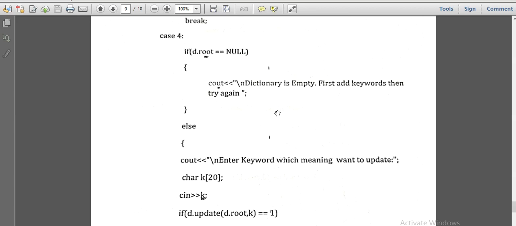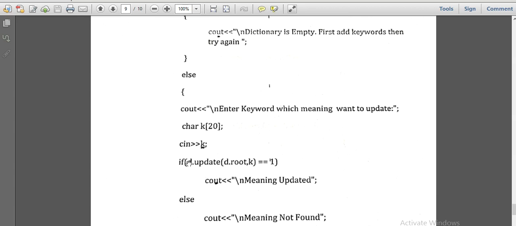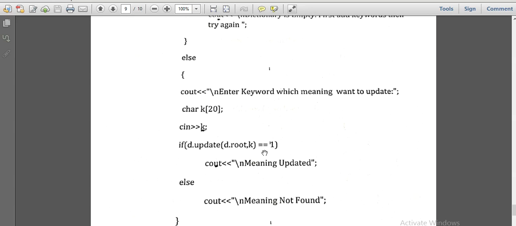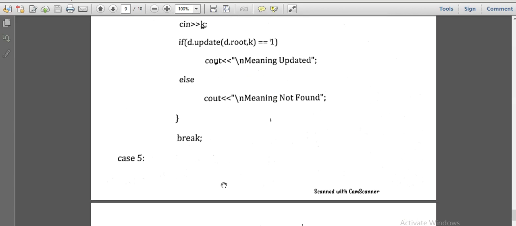We'll ask the user which keyword they want to update, take that keyword in k, and pass it as a parameter to the update function. If the update function returns 1, then the meaning of that keyword is updated. If it is not returning 1, the keyword is not found in the data, and we have to stop here.